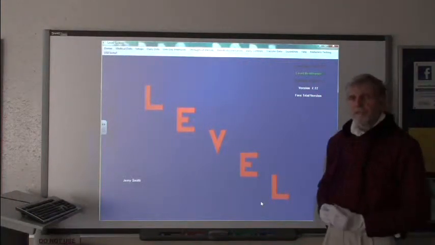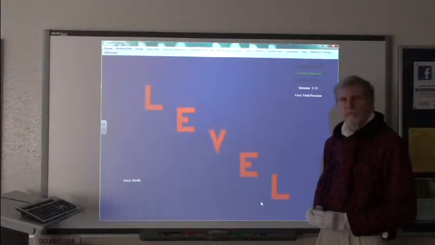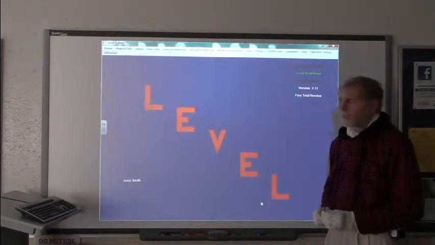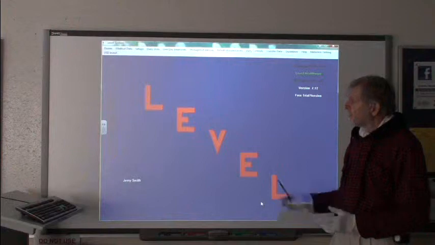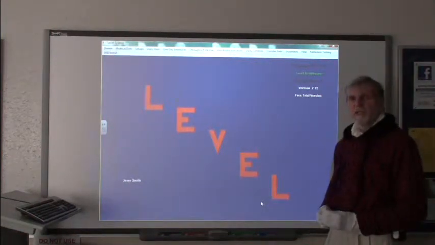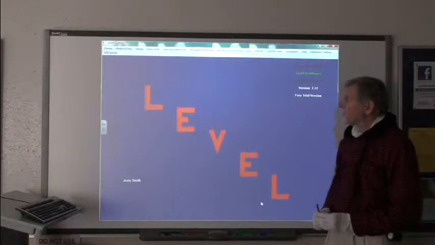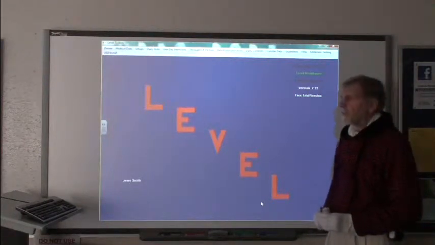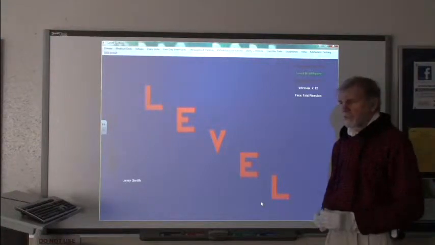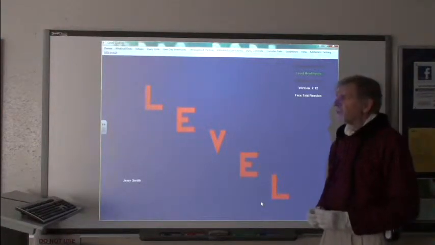Now, to illustrate how we attach Level to the diabetes directory in your web hosting website, I have brought up a sample copy of Level, which, as usual for our demonstrations, belongs to Jerry Smith. And I'm now going to attach this first to the Fat Cow website that is owned by Level Healthware, which is